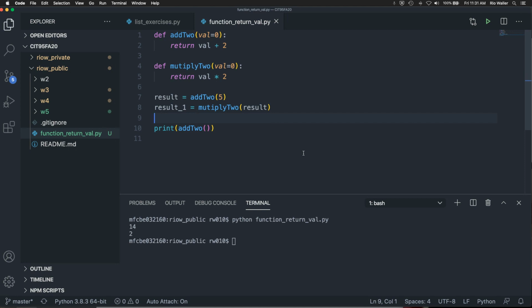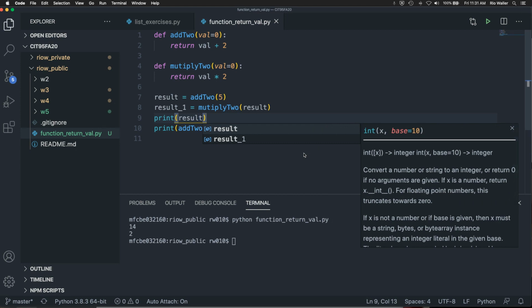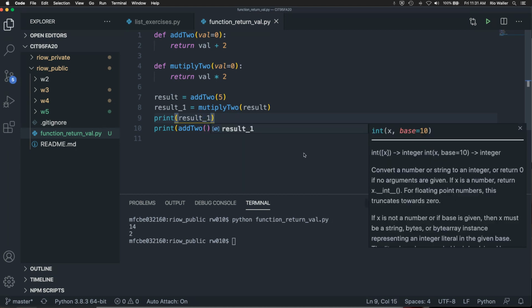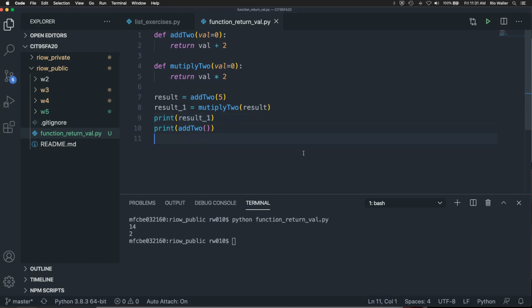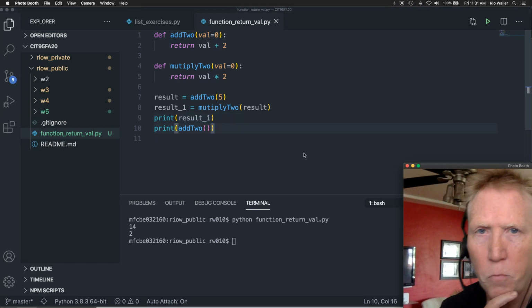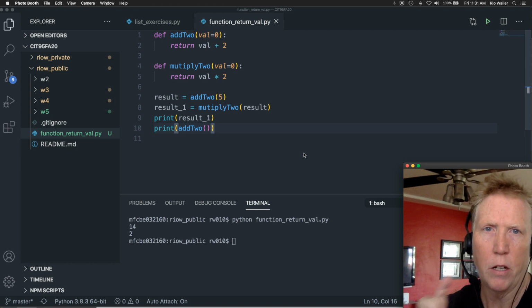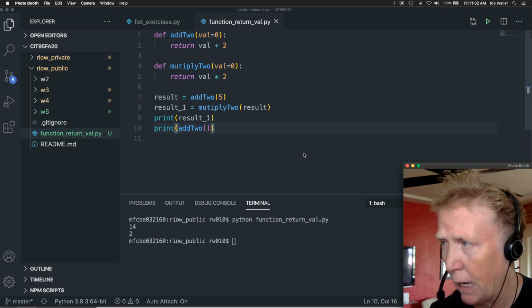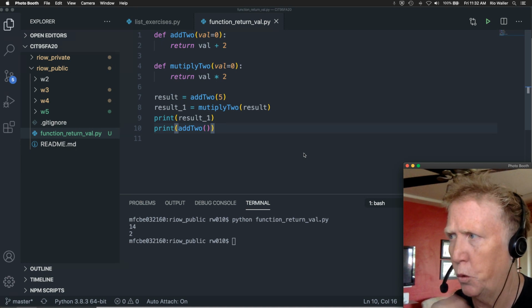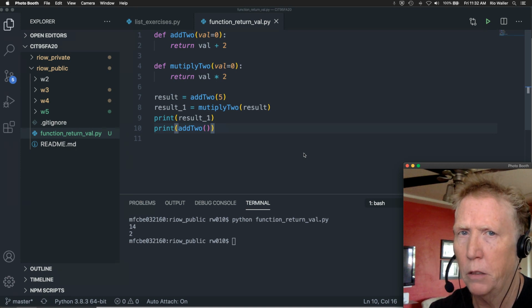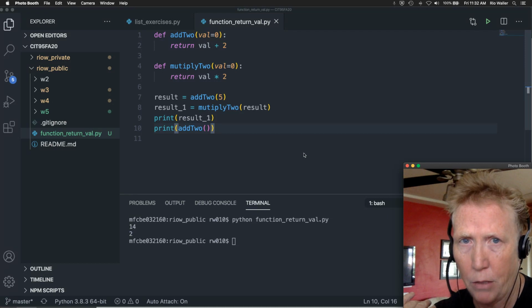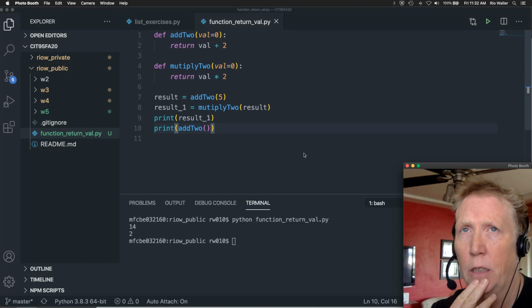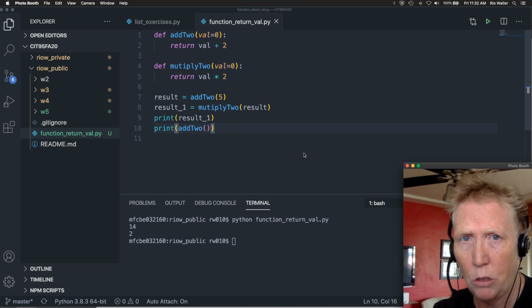Now, of course, in order for me to get that same functionality, I'd have to print. Okay, so that's a very simple example of what I was asking you to do. And again, about half of you got this, and you did set up 2 functions, but about half of you either didn't return a value or didn't use a return value. And I saw at least a couple of examples where you returned a value, but then you didn't use it.